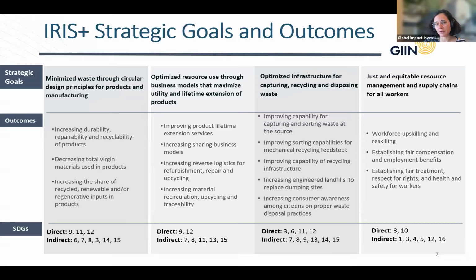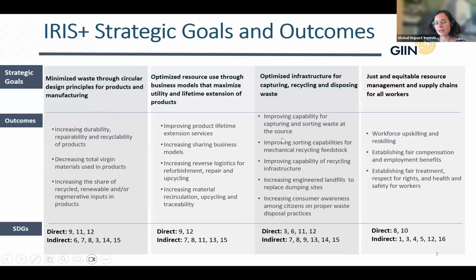and if we're optimizing that resource use through extending the utility of products so that they serve more than one purpose, there is less need to produce additional products. And as well, if we're extending the lifetime of that product so that it serves that purpose or purposes for longer, then this is also part of that end state picture.